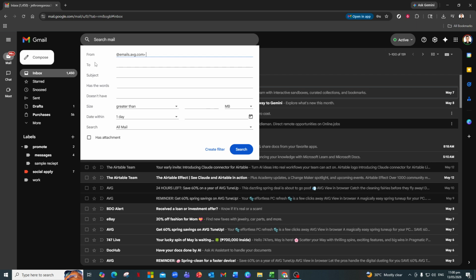For example, you might want to organize emails from a particular sender, or messages that contain certain words in the subject line. Type the relevant email address in the From field, or add keywords in the Subject field. You can also combine filters like messages that have attachments, or emails sent to a specific address if you manage